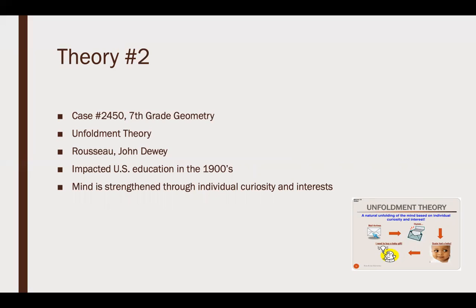Unfoldment theory is all about learning through feeling and passion by focusing on what you like and are interested in. This will allow you to learn new things. In the classroom, this theory allows students to have choice in what they study, so they are looking into topics that interest them. It can also look like letting students have choice during a lesson, which was the method in the video that I watched of a 7th grade geometry lesson.